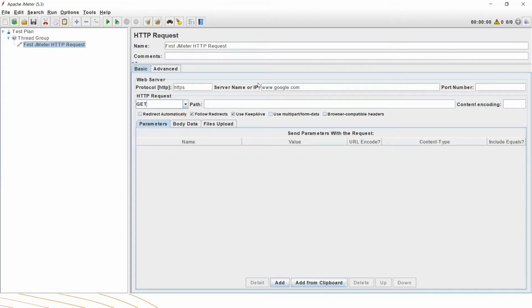Now I need to pass my server, www.google.com. Sorry, that's the server. Now I need to provide the path. After Google, let's say I want to go to login.php or login.aspx, whatever the path is, you need to provide it over here. So here is only your base URL, and after the URL, whatever path there is, you provide it here. If there is nothing, you can put a slash.